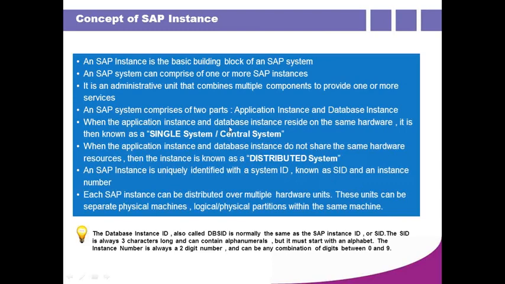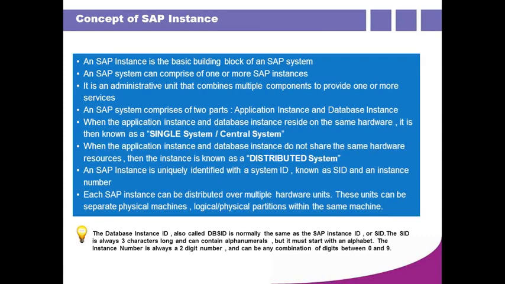See, single or central system means all the 3 layers. Leave the presentation layer aside. Presentation layer is of course a layer, but it is a small layer, so we need not give much importance to that because you can install that on your laptop also. Probably your servers are in Chicago and you are connecting from your New York office, so on your laptop you will install the presentation layer. But the main concentration is our SAP and database only.